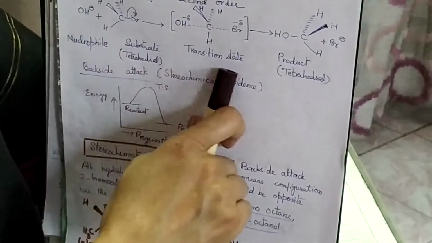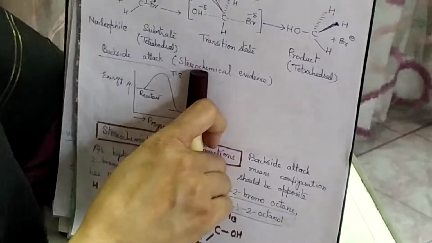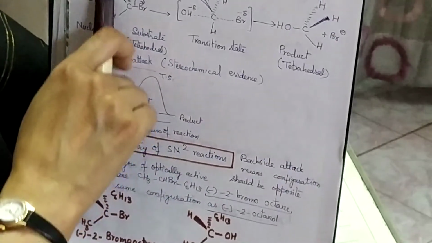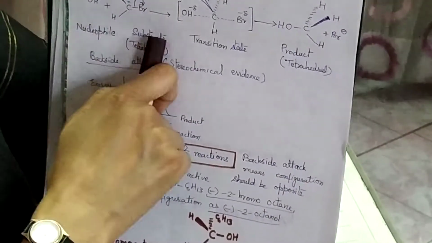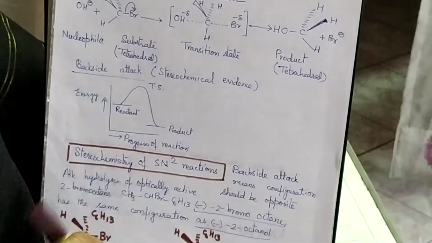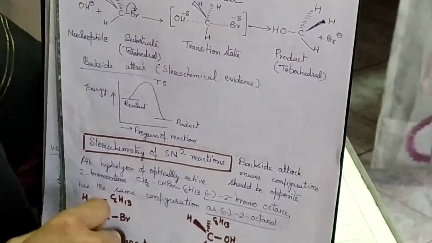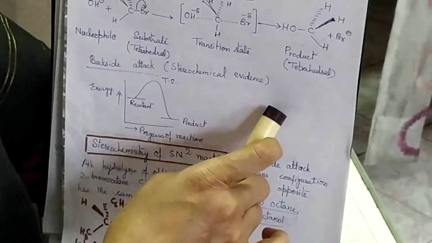You can see very well that in this reaction the rate of reaction will depend on the concentration of hydroxyl ion and the concentration of this alkyl halide, and therefore this reaction will be a bimolecular reaction, and hence we call it an SN2 reaction, leading to a substituted product here.